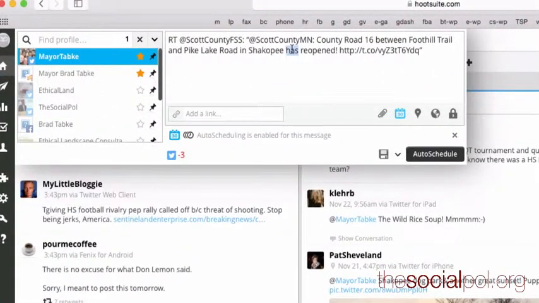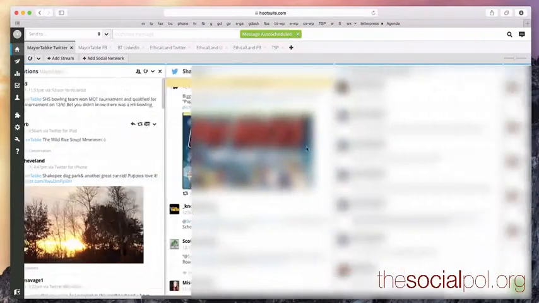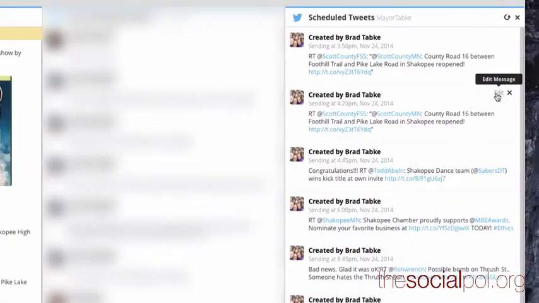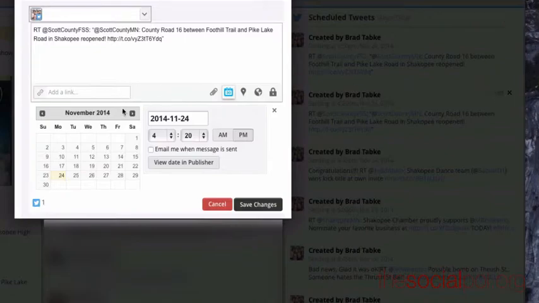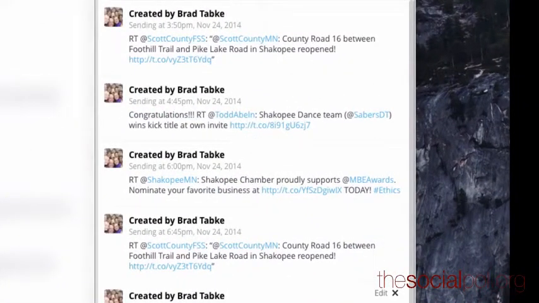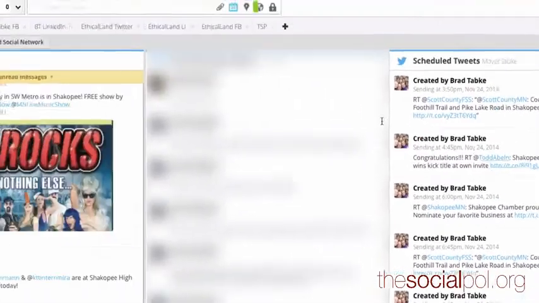And we are going to auto schedule it a second time here. And then if you don't like what time it has it scheduled for, so we have a gap here between 6 and 8:45, you can go here and hit edit, and you can switch this to go at 6:45. Save changes, and then it moves it to where you want it to be. So you can schedule those to be there.